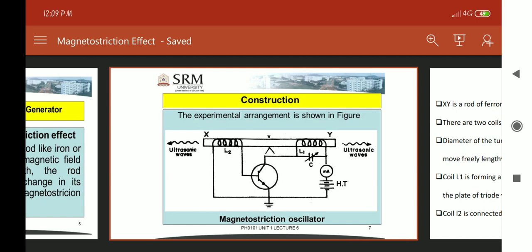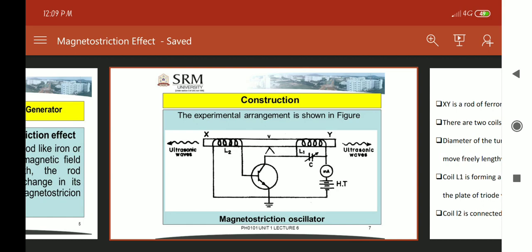Understood? Therefore, the length of the rod changes. Now these vibrations in the length cause a change in the magnetic flux through the grid coil L2. Therefore, by the converse magnetostriction effect, an induced EMF is set up in coil L2.